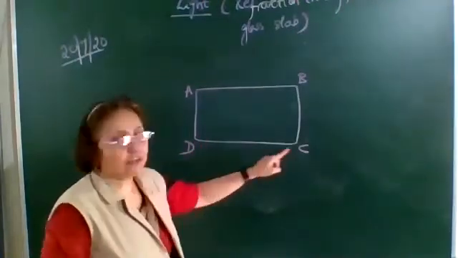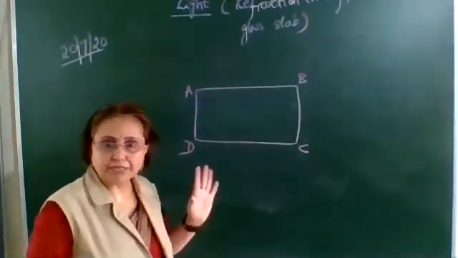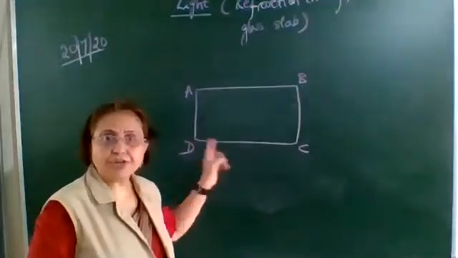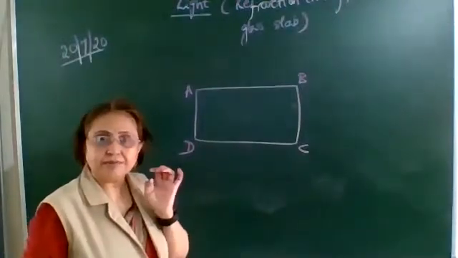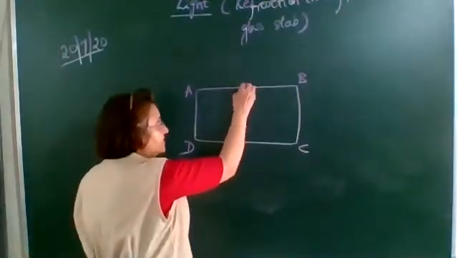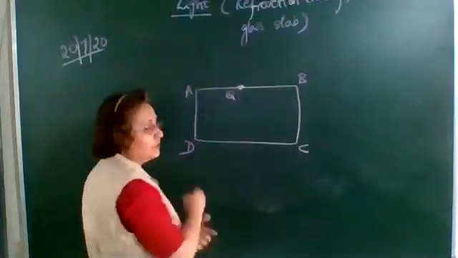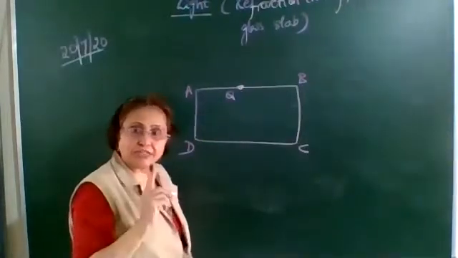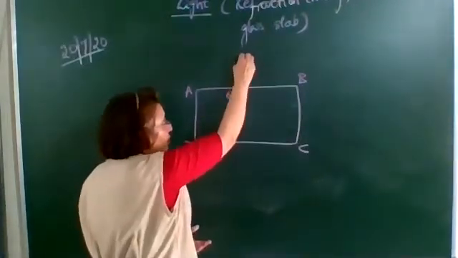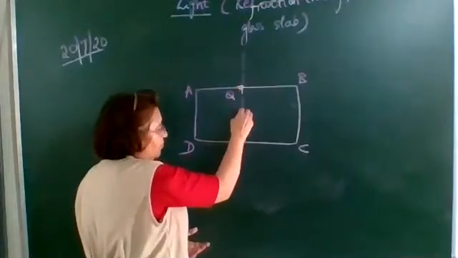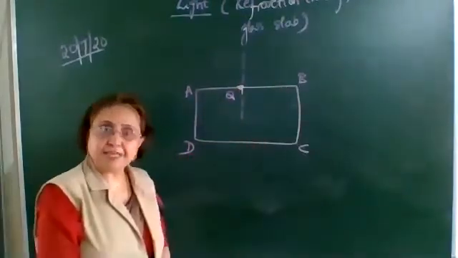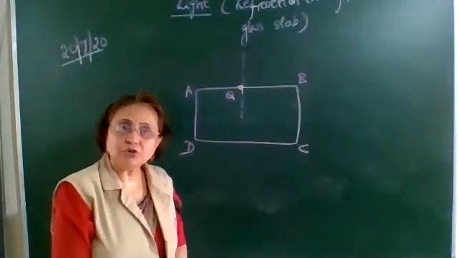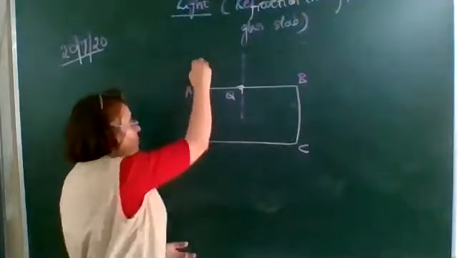Then at the center of that white sheet, we keep the glass slab and mark the boundary ABCD of the glass slab. Okay, so the same way, consider any one point Q over here, which we'll call the point of incidence. Draw one perpendicular at this point Q to face AB. We have drawn the perpendicular to AB face.